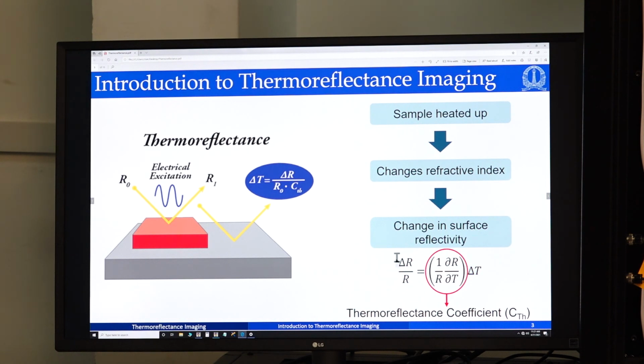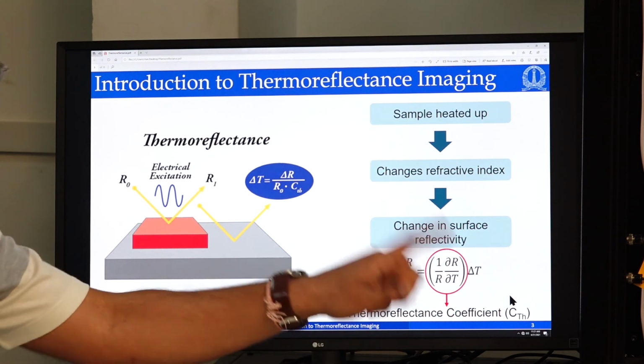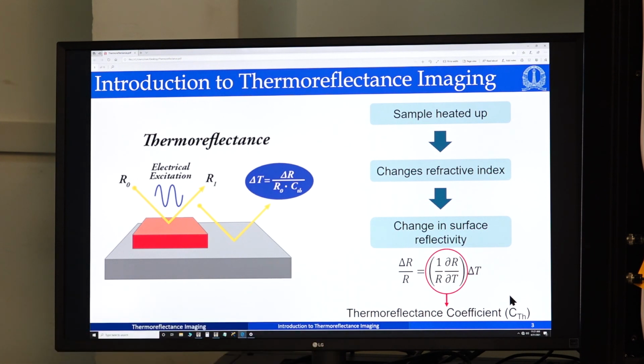So this is measured by the CCD, and delta T is measured by the thermocouple, with a controlled rise in temperature done by a heater. I will show you when I focus on the setup how these parameters are changed. So this delta R by R from the CCD divided by the delta T from the thermocouple will give me a value of the thermoreflectance coefficient for a given wavelength.